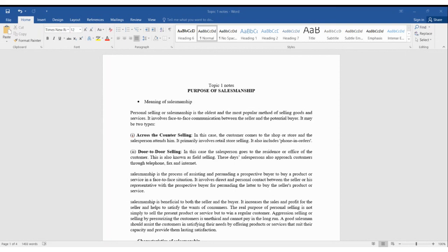The purpose of salesmanship. This is introducing our unit that is salesmanship. The key aspects that we're going to look at are: one, the objectives of salesmanship; two, the importance of salesmanship; and three, various promotional techniques used in salesmanship,